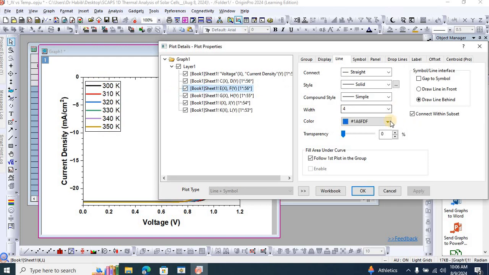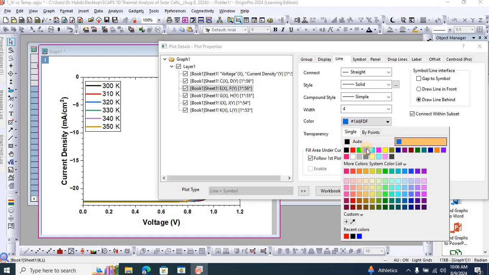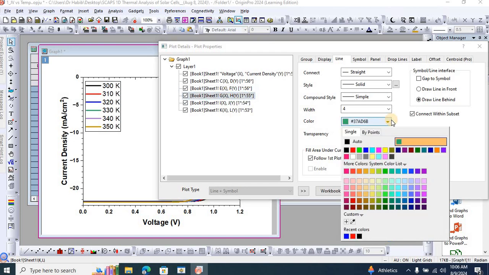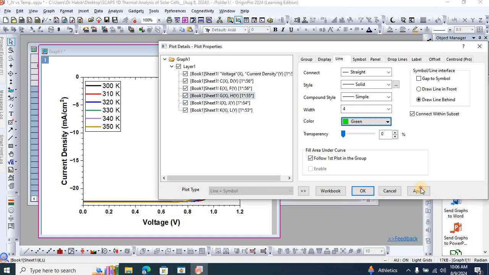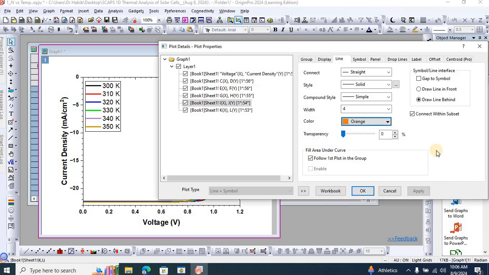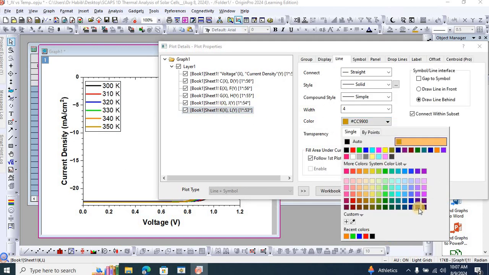The third one to blue, hit apply. The fourth one to green, hit apply. The fifth one to, I would say, more like orange color, hit apply. And then the last one, which corresponds to a temperature of 350 Kelvin, we can set it to